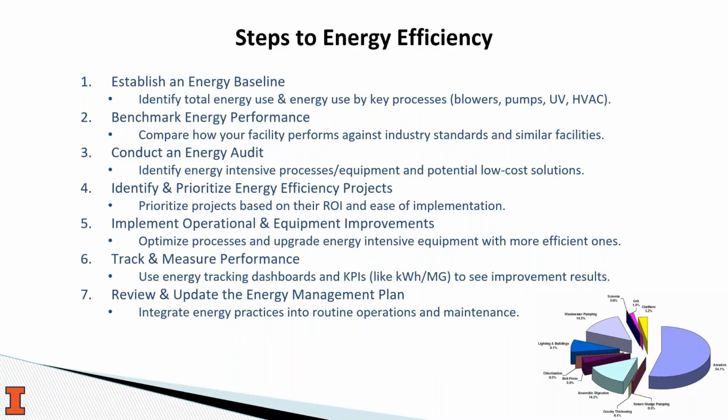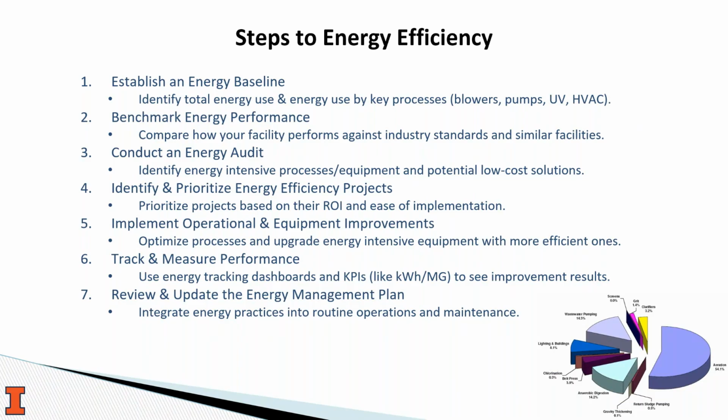The third step is conducting an energy audit. So this is where utilities go through the process of identifying those high energy use equipment and processes and identify energy conservation measures that might improve energy efficiency. These again can be low cost or no cost operational adjustments, or they could be larger multi-year capital projects. Once these measures are identified, the next step is to identify and prioritize which projects to do. Not every improvement has to be expensive. Not every project needs to happen at once. Prioritizing based on return on investment and ease of implementation can help utilities go through this process a little bit